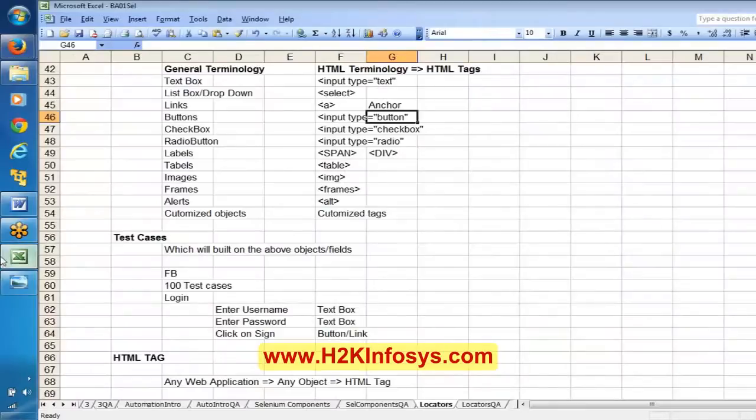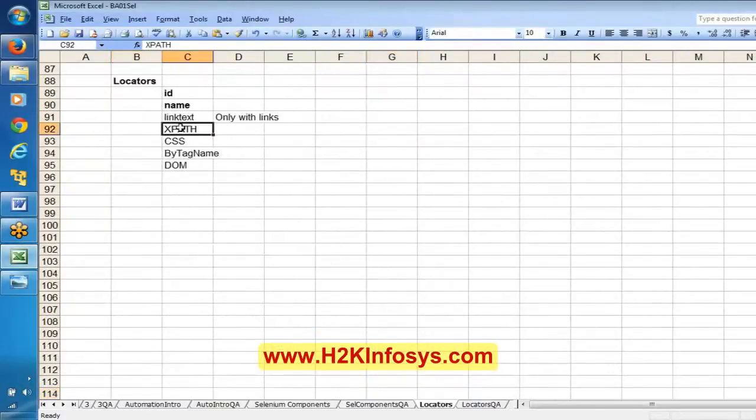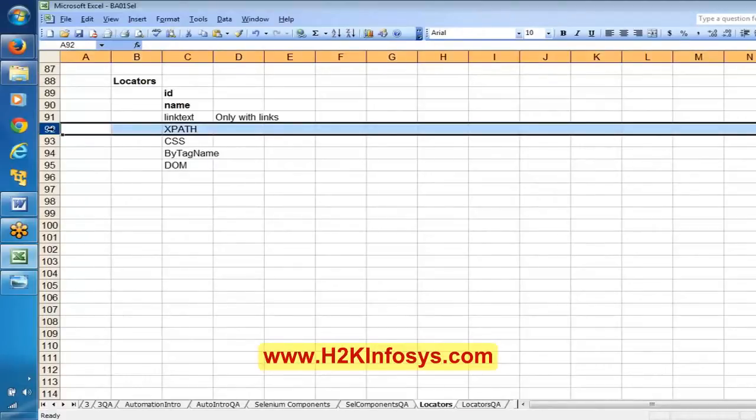Now apart from these locators, there is something called XPath and CSS. These things we will discuss in the coming classes. Generally, between these two, we use XPath. There is an exclusive session for XPath. As of now, I am giving some formulas for the XPath. If right away I start explaining XPath, you will not understand. During that exclusive session, we will understand XPath in detail.